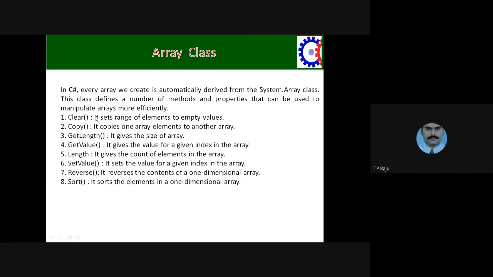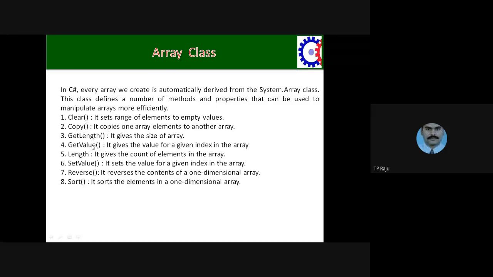All these are members of the Array class. One is the Clear member. It simply clears the content in the array variable, means it removes all the values of the array. Removing means what? In C# you don't have any garbage. If your member is a numeric member, 0 is stored in that member. If your variable is a string variable, it contains null as the default value. Suitable default values are there in C#.NET. There is no garbage like in C language variables.